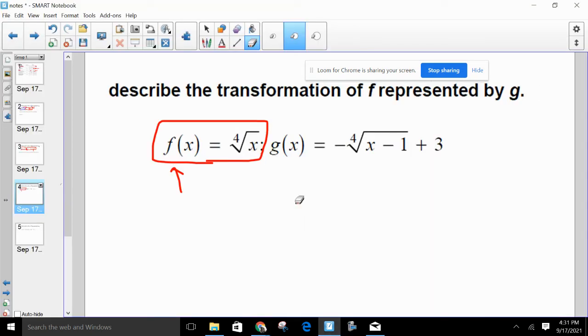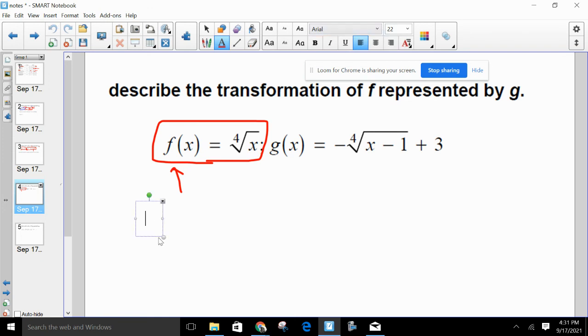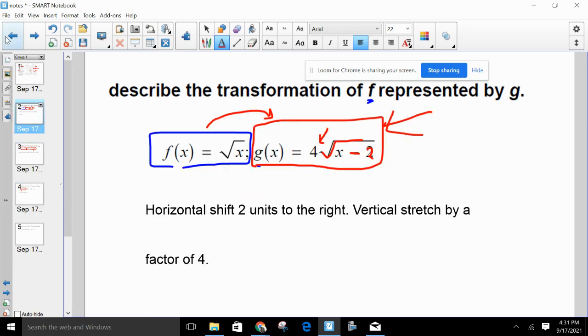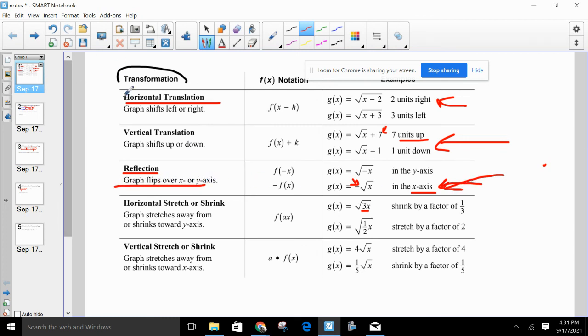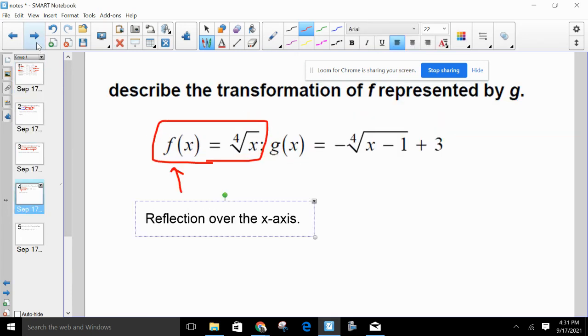So let's describe, that's 3 sentences here. Excuse me. Here we go. Reflection over the x-axis first thing, right? That's right here. Just follow your note guide. Okay, that's a reflection over the x-axis. And the next thing was,